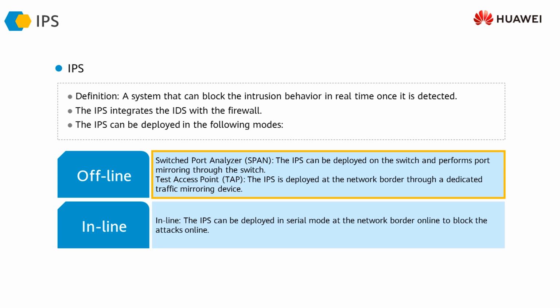In the offline mode, we pass the traffic from the network to the IPS either through SPAN, or switch port analyzer, or through an optical splitter or test access point, TAP, which means that we are splitting the traffic, or sending a copy of the traffic to the IPS for analysis and intrusion prevention. It is not lying inline, however; a copy of the traffic is being sent to it. So it can work in both inline and offline mode, but mostly it is implemented in the inline mode.